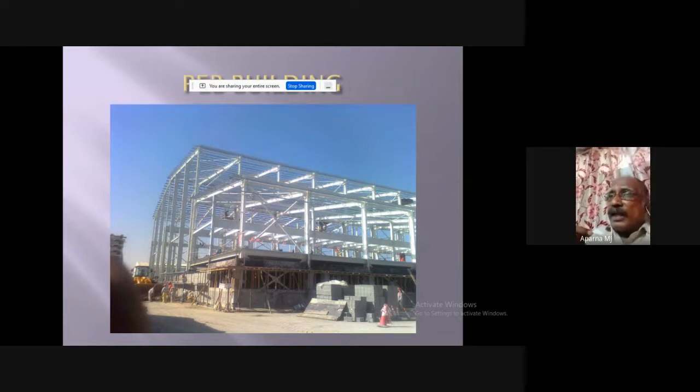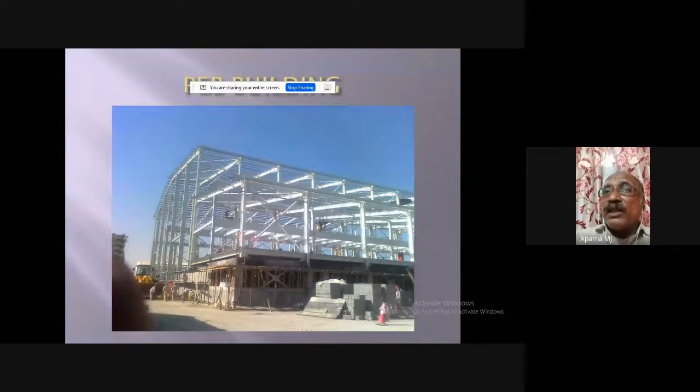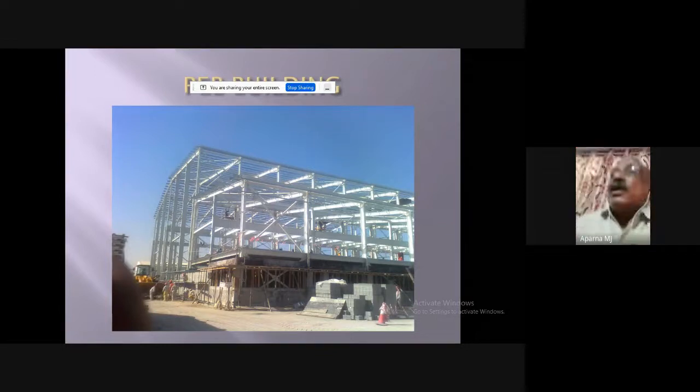So the reduction of time is the most valuable thing in the present world, and everybody wants to finish it off in a quicker manner without any problems, without any quality compromise. So the steel building system is a proper solution for all these types of constructions. And the next slide, if you go to the next slide,